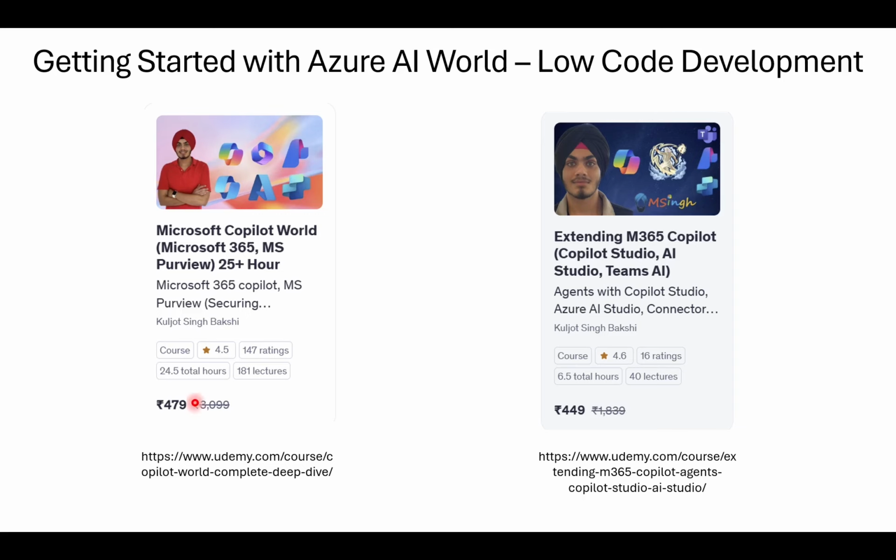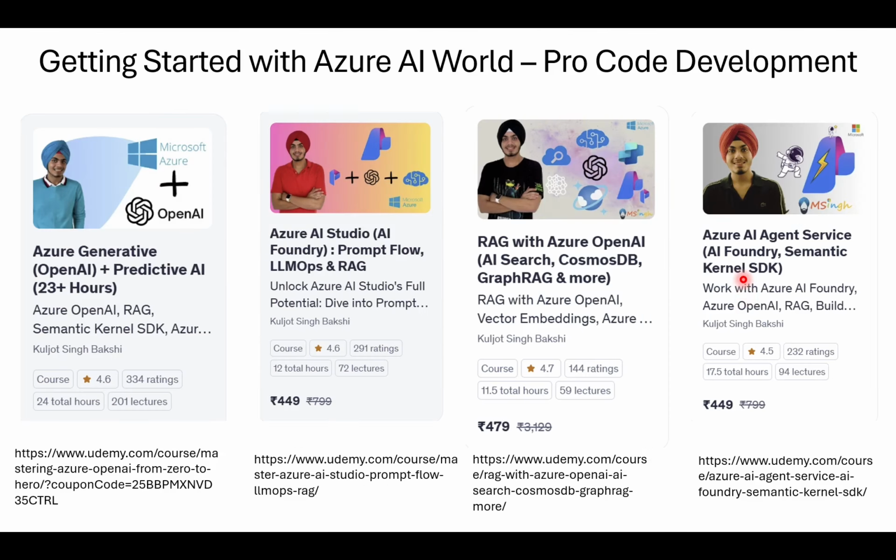Whereas if you want to extend Microsoft Copilot and build agents of your own using a low code environment, you go for this course, which is extending M365 Copilot, in which I'm going to be covering Copilot Studio, AI Studio, and Teams AI library.